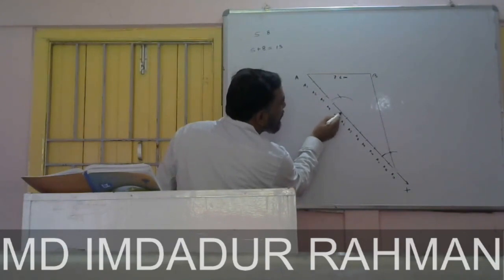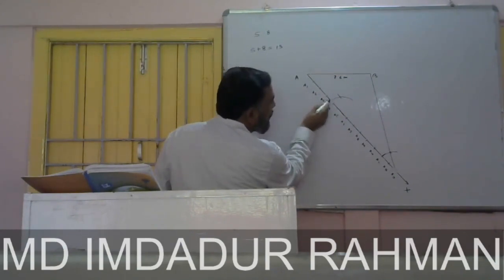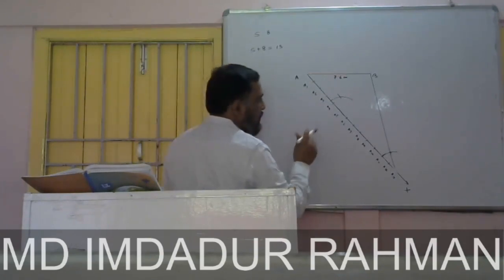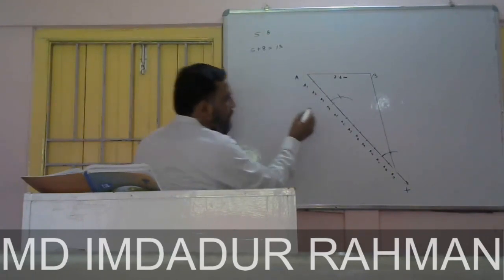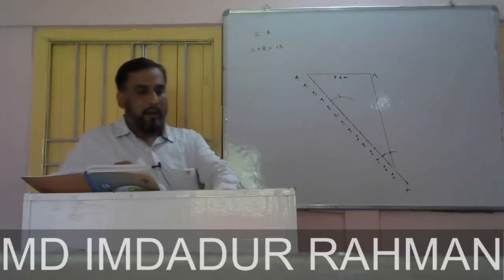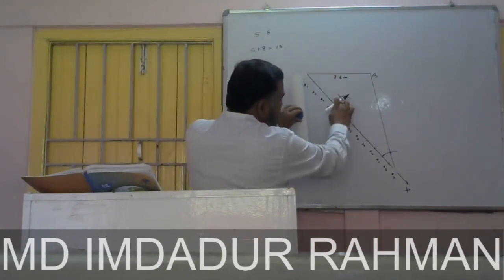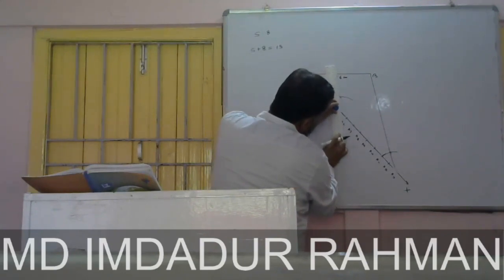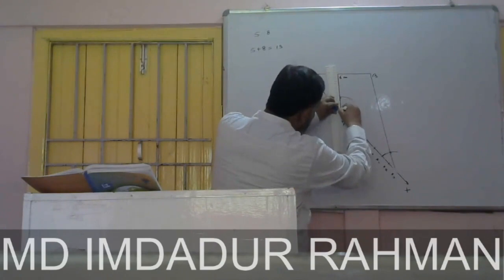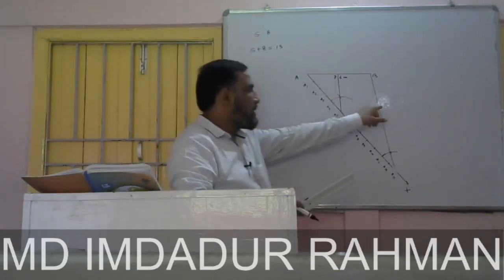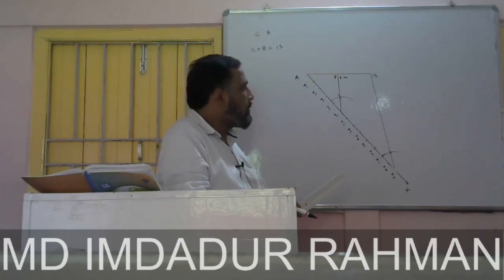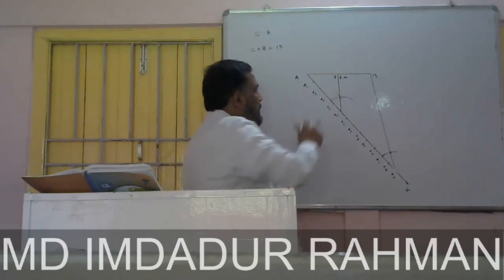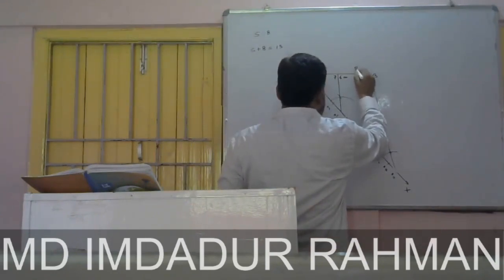It is because I am drawing with marker, that's why it is erased. When I draw with your compass, it will not erase. Now from A5, I have to draw a line segment through the point of intersection. Just you see, this line and this line are parallel. Now you can say that this is 5th part and this is 8th part.